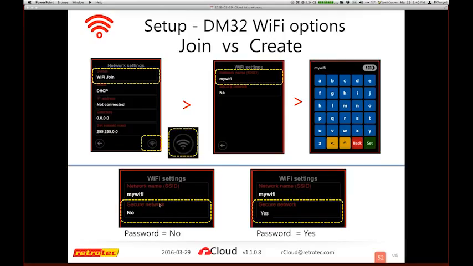Depending on the device you're joining, it may have a password. If it does not have a password, you can do everything right now in the gauge. I can hit join, enter my Wi-Fi name for the router, and on the next page screen it will say, is it secure, and I say no, and I can go to the home screen